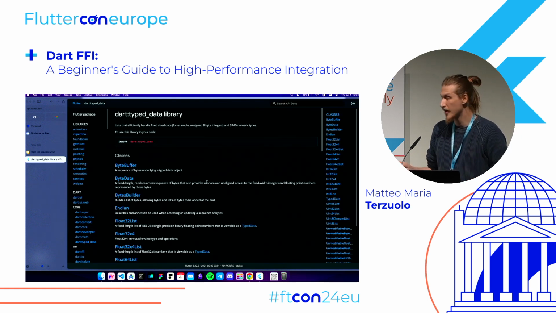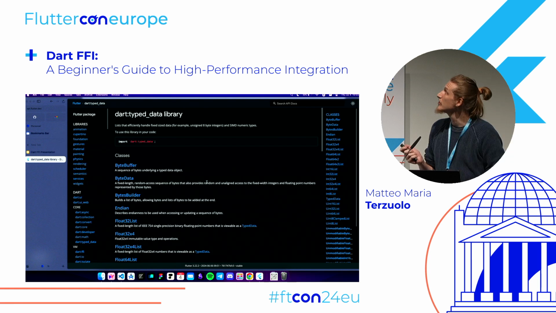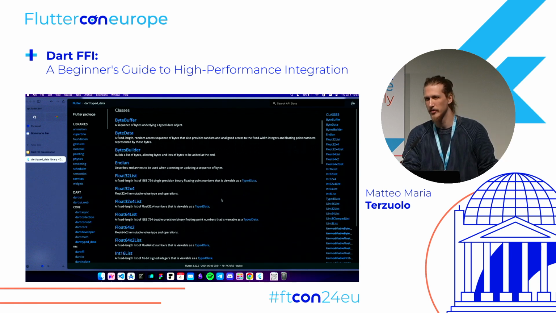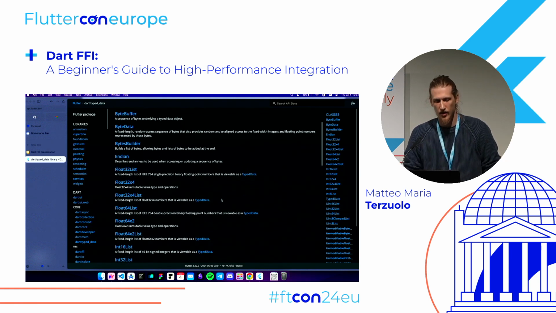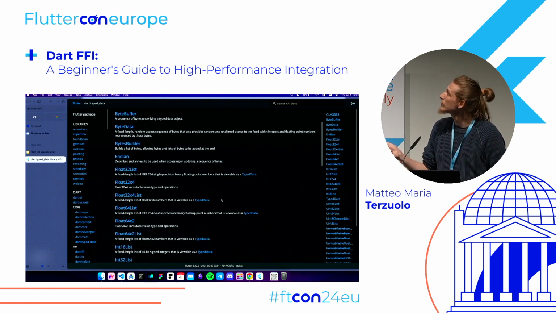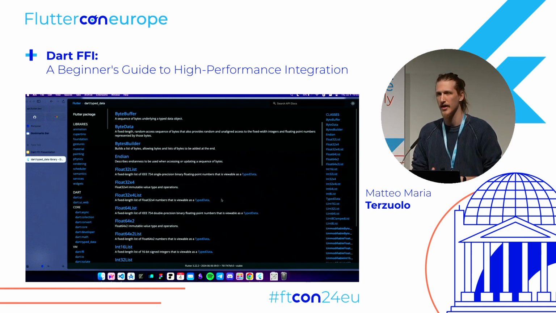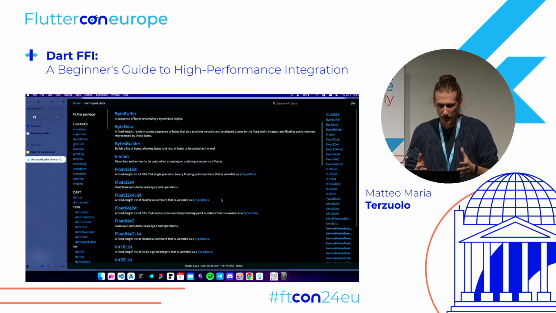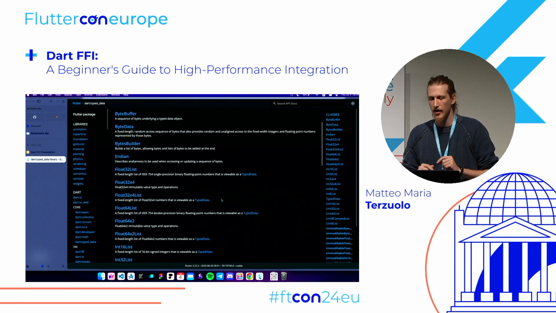This is a library that is inside the core of Dart, okay? And those types, as you can see, are only numeric types, okay? So there are float lists, there are int lists, byte lists, and things like that. So you only have numbers, okay? But those types are faster. Why? Since in Dart everything is a class, okay,